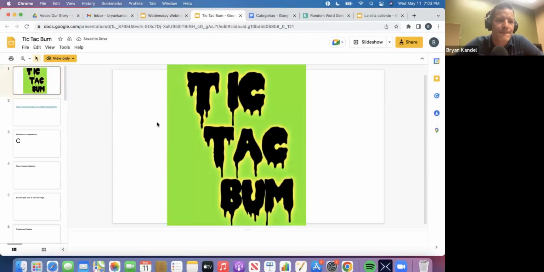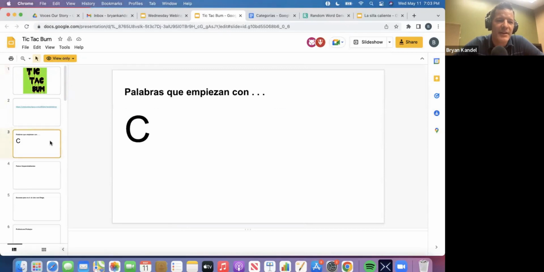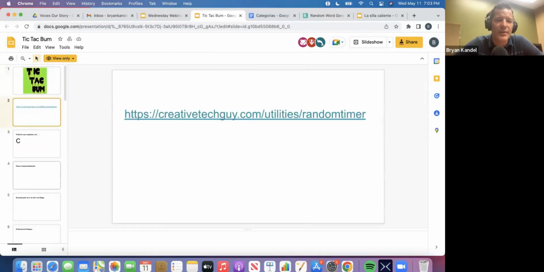All right. So this is kind of similar to that. This is one we just started doing this year. It doesn't take a lot of prep, but it is a little complicated for the teacher. There is actually a game that you can buy at the store that's called Tock Boom. And so I made this version of it in Spanish. Basically, what's going to happen is you have categories: words that start with C, Spanish speaking countries, excuses to not go to the movies, professions, jobs, whatever. And we're going to